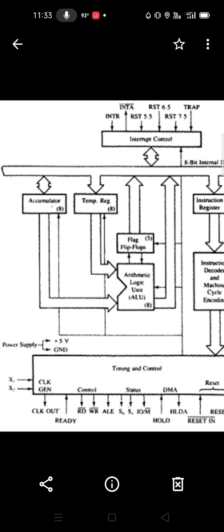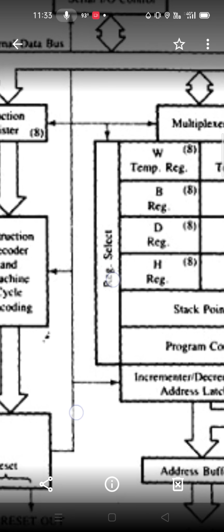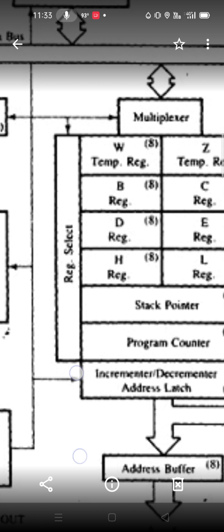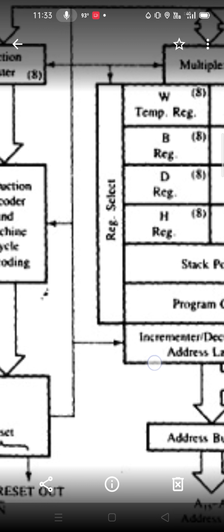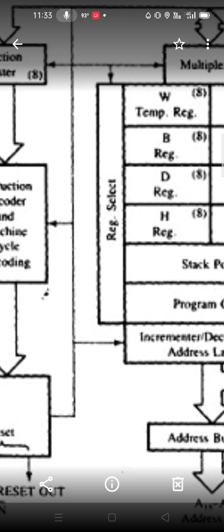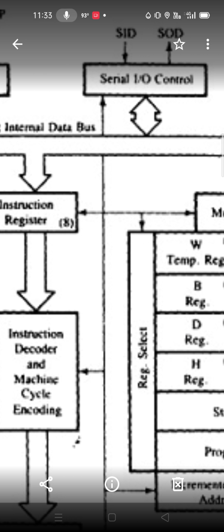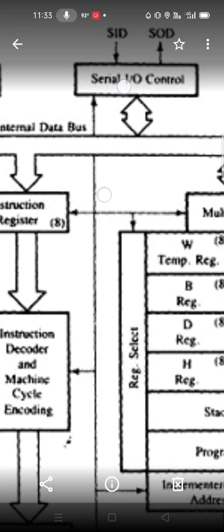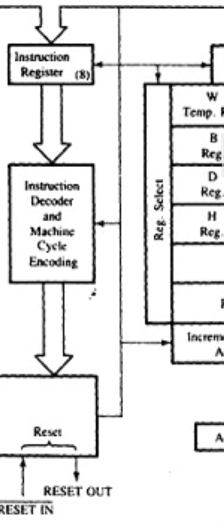From the timing clock and clock generation, you get the output right here. This output which is going in here, that particular control signal is sent to the increment, decrement, address latch. So that particular signal is given to the increment and decrement latch to do that particular kind of work. Similarly, here it is sending another signal to what is called the serial IO port. Now it is sending another signal to what is called the instruction decoder, so it is giving the timing to the instruction decoder. Then it is giving the timing to the instruction register.